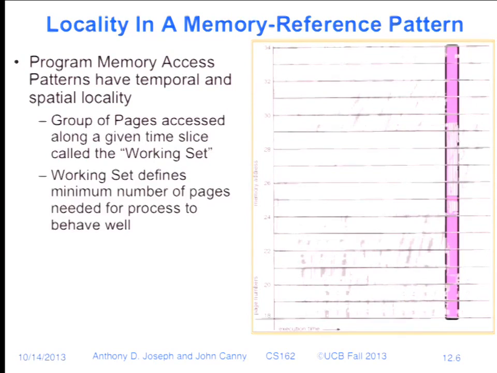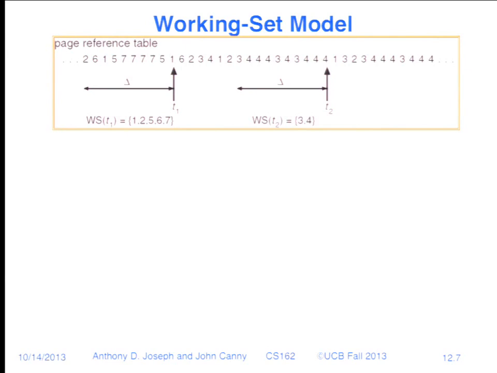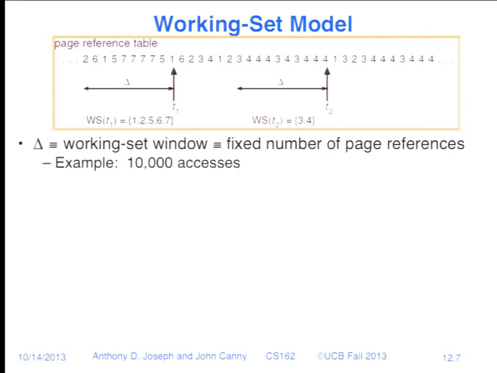So a particular working set from the total pages allocated at that time. On the first timeline here, this is the working set. These are the pages that we're accessing in that window. And here, this is a very coherent time interval where we're only accessing pages 3 and 4. All right, so that window is delta,